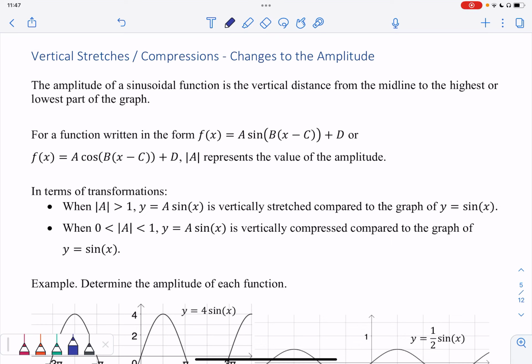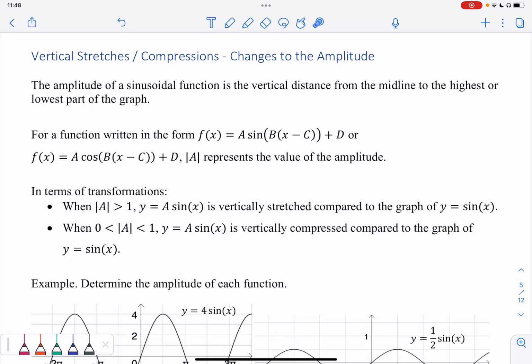Vertical stretches and compressions, changes to the amplitude. So we know that the amplitude of a sinusoidal function is the vertical distance from the midline to the highest or lowest part of the graph. So if I have some function written in this form, and I'm looking at all these kind of wild changes that are possible, well, A is what corresponds to the amplitude, and the absolute value of A represents the value